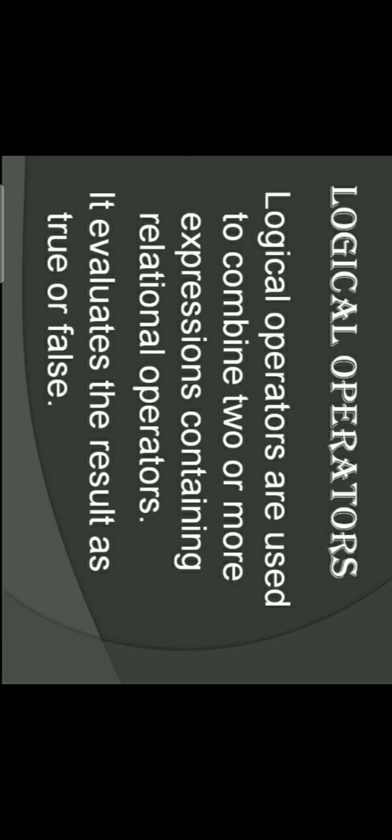AND expression means if we have two conditions, true and true, then the result will be true, and if we have the conditions false and true, then the result will be false. If we are using an OR operator and our conditions are false or true, then the result will be true. But in the case of AND, if we have false and true, our result is false.